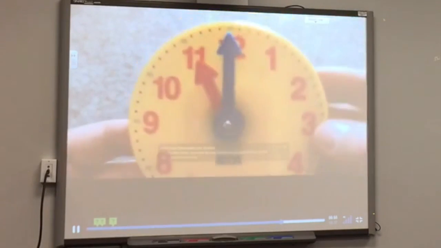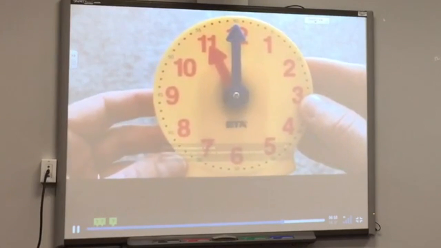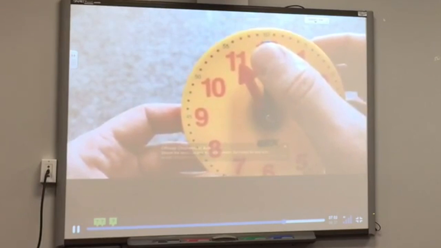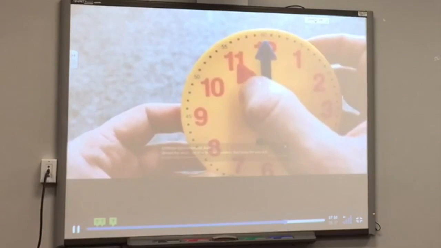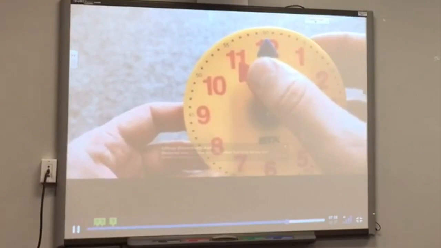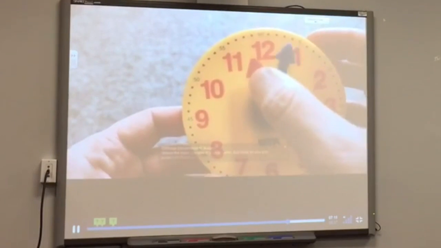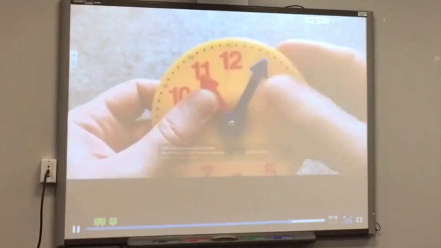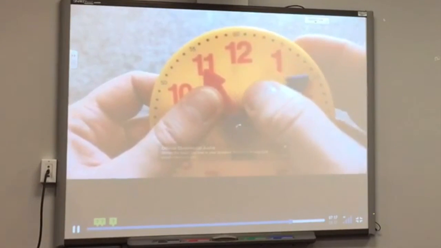All right, we're going to do it again. We're going to skip count around by 5s, telling the time. So it's 11 o'clock right now, because the minute hand's on the 60 and the hour hand's on the 11. Now we're going to go to 11:05. Whoopsie, that didn't work quite right. There we go. 11:05, 11:10,